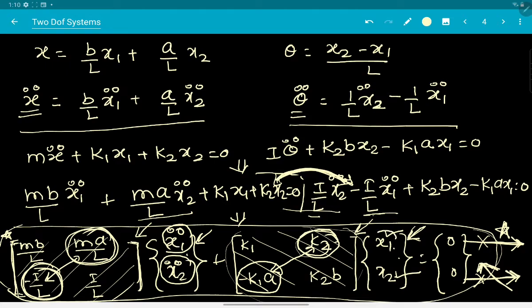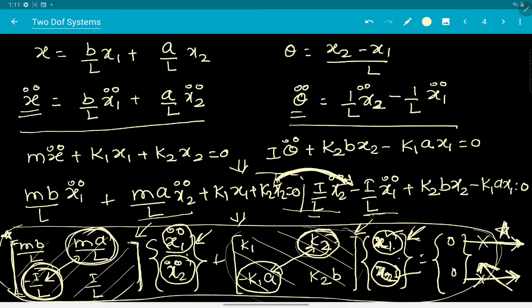When you have coupling between x1 and x2, we call it static coupling, displacement coupling or stiffness coupling. That is, the stiffnesses are coupled. The stiffness matrix has non-zero off-diagonal terms, so the stiffnesses are coupled. This essentially means that the stiffness responsible for resisting displacement at location x1 is also responsible for giving certain stiffness for the displacement at the other location, location number 2.